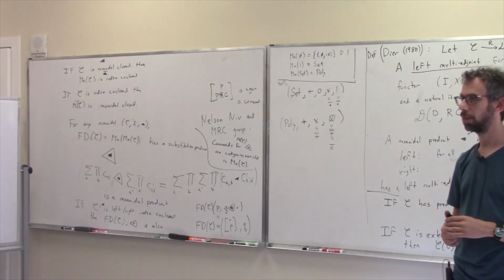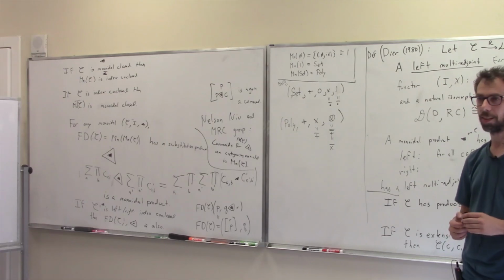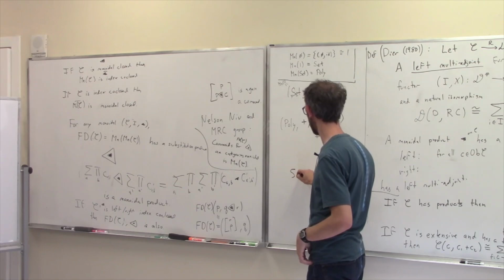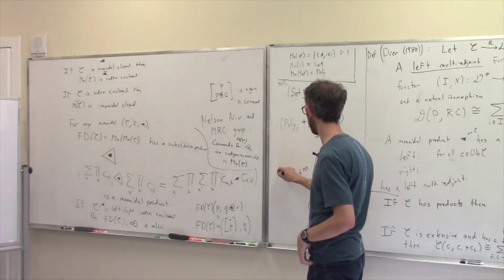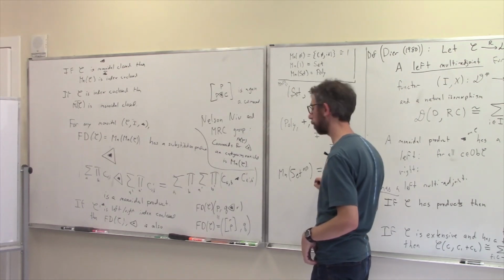Other questions? Yeah. Are there some other categories besides like 1 and 2 that are interesting to start with? If you do set op, menu of set op, you get the Dirichlet polynomials, which are like bundles.